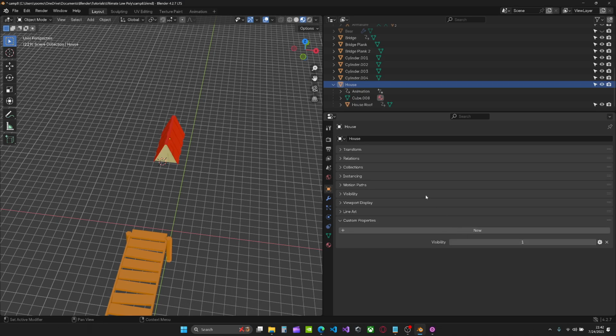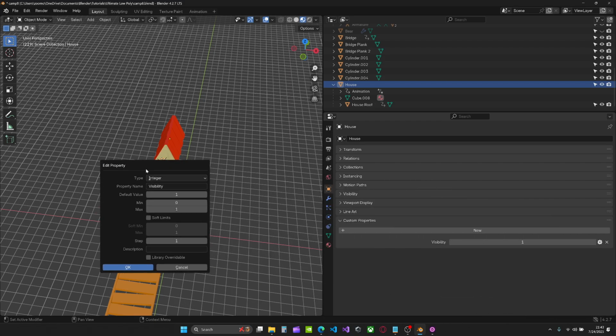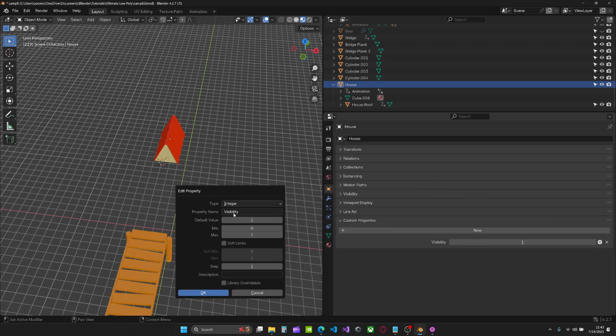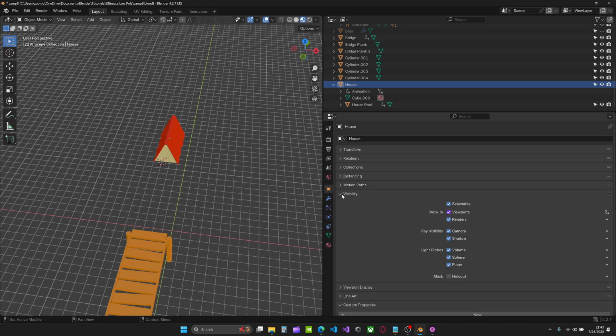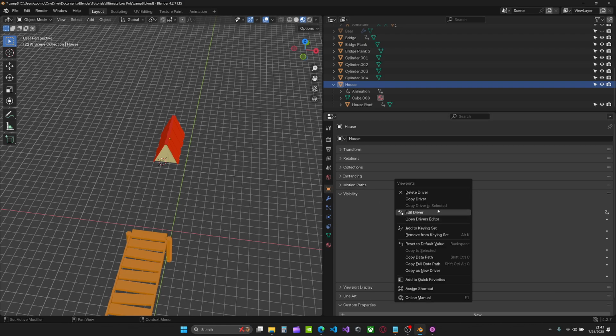The way this works is by setting a custom property, which is just an integer which can be toggled between the values 0 and 1, and the step is 1, so it's effectively a boolean value. But after creating that visibility custom property, one would go to the visibility properties tab on the object properties and create a driver,